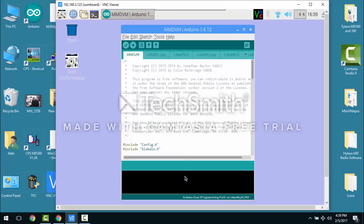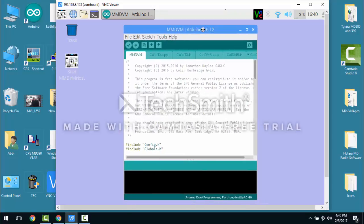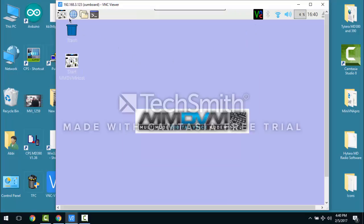Basically, when they wrote this program, it was written for a specific version of the Due and the Arduino software. There's different versions of this Arduino IDE interface, and you want to use the version that is most compatible with what you're doing. So, at any rate, moral of the story here: compile it by hitting the right arrow, upload, and then bingo, it'll flash the newest version of the software, and you'll be good to go. I already have the version that's most new on this image as of today, February the 5th, 2017, and should work out for you. Once you get that flashed, at that point, the Arduino is ready to rock and roll,